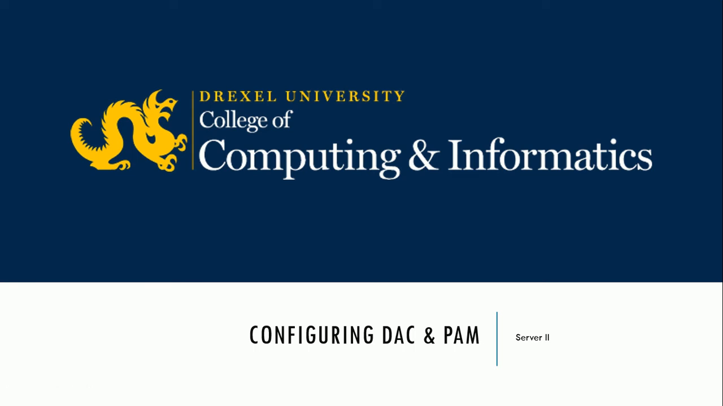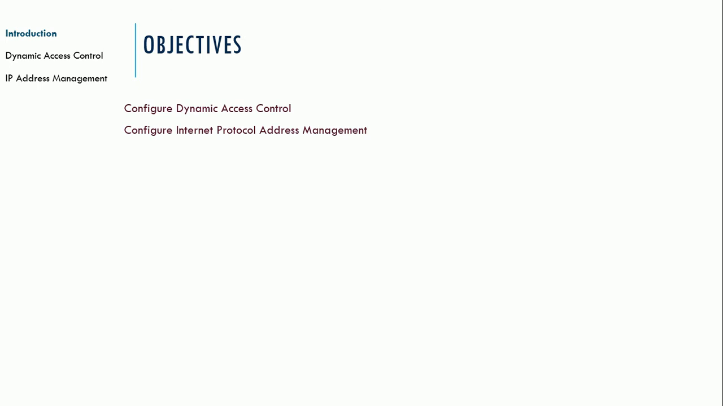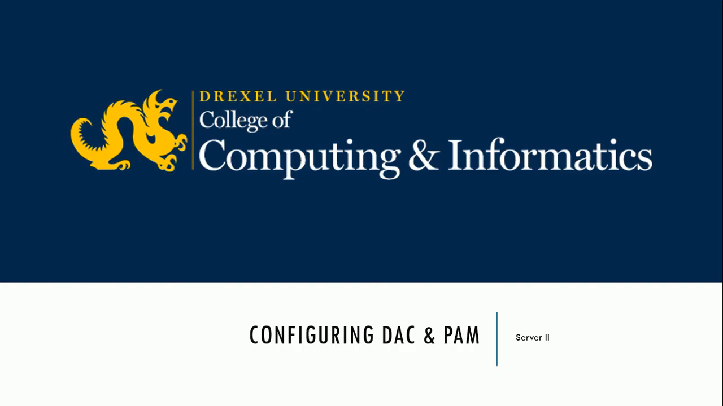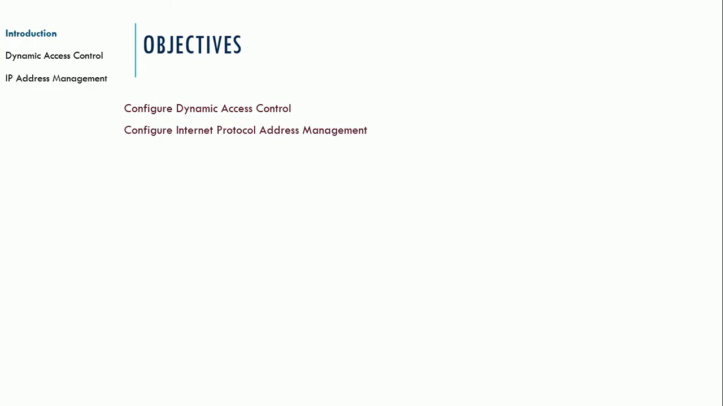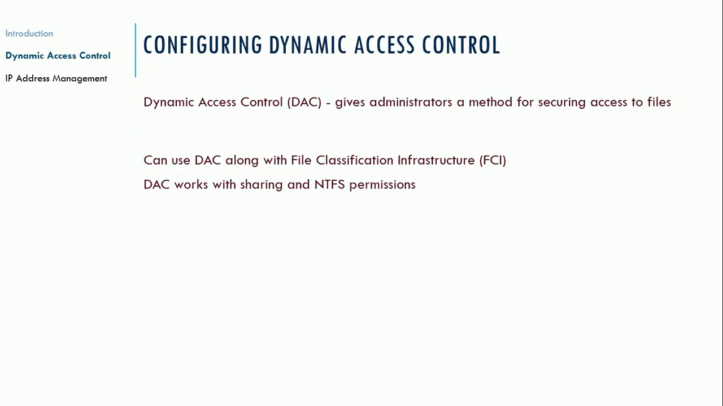In this unit, we're going to discuss configuring DAC and IPAM. So DAC is dynamic access control, and IPAM is IP address management. Sorry about the typo on the first slide here. That should say IPAM and not PAM. But in any event, dynamic access control, which we're going to talk about first, deals with more granular control